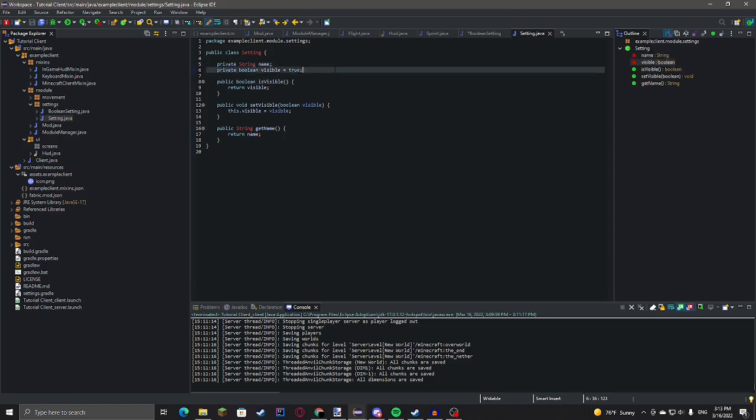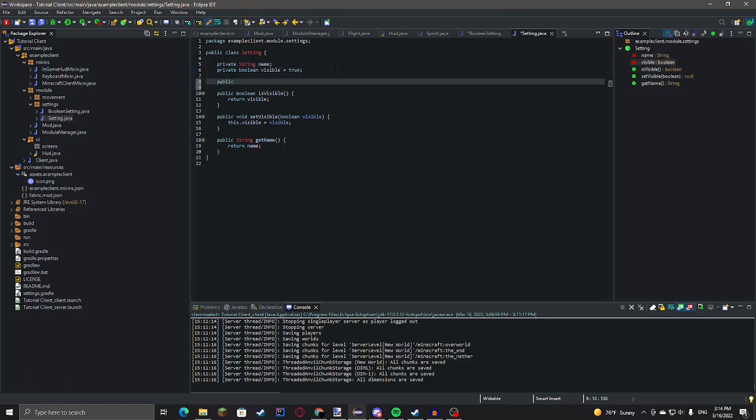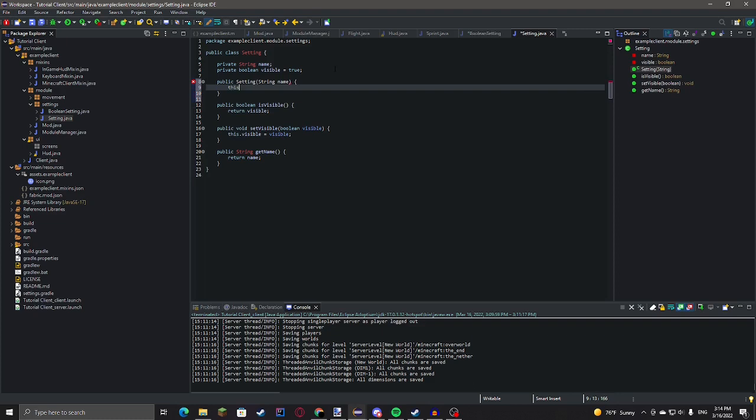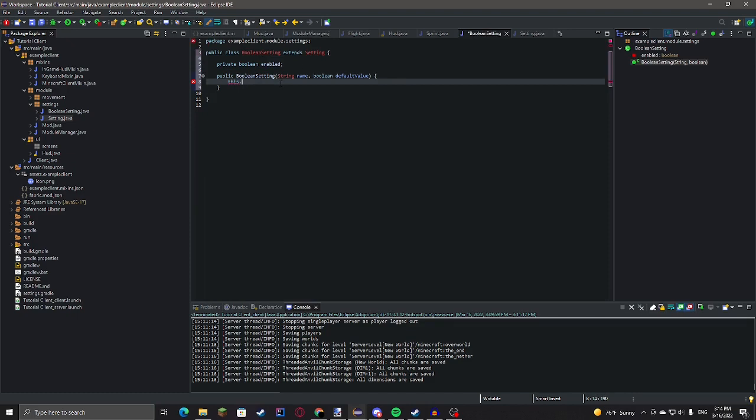Come back in here. I'll make a constructor public setting string name. This dot name equals name. Okay. Super name. And then this dot enabled equals default value.